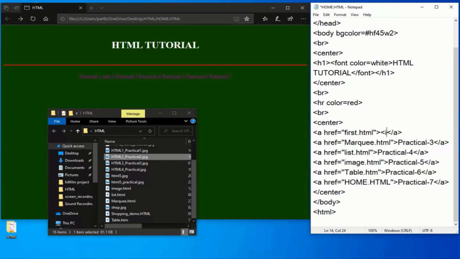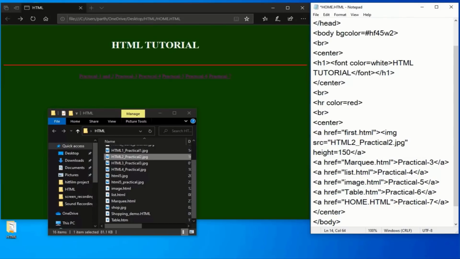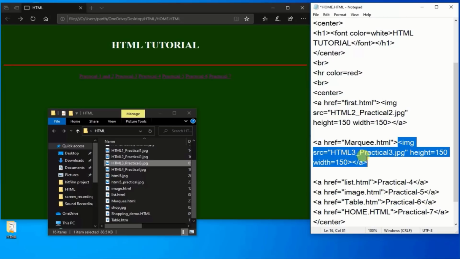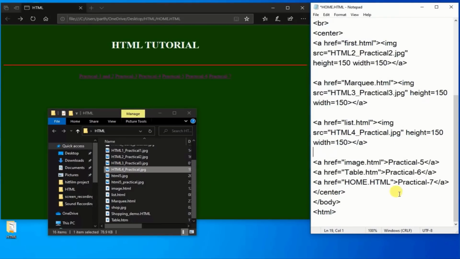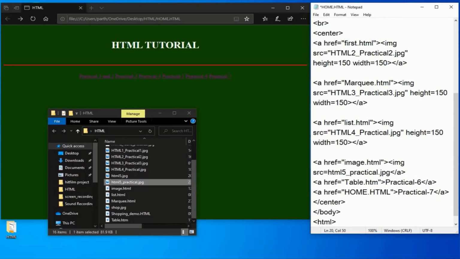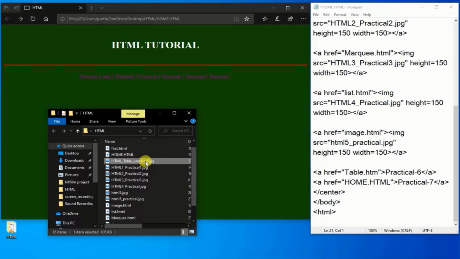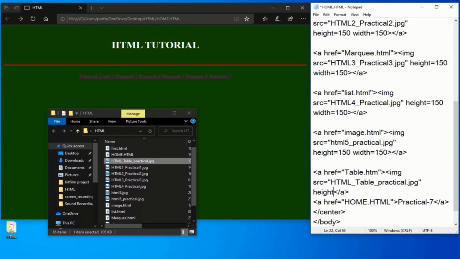Till now we made hyperlinks on text only. Now we are going to implement hyperlinks on images. For that we are going to replace the hyperlink text with their respective images. So we use the img element in place of that text.